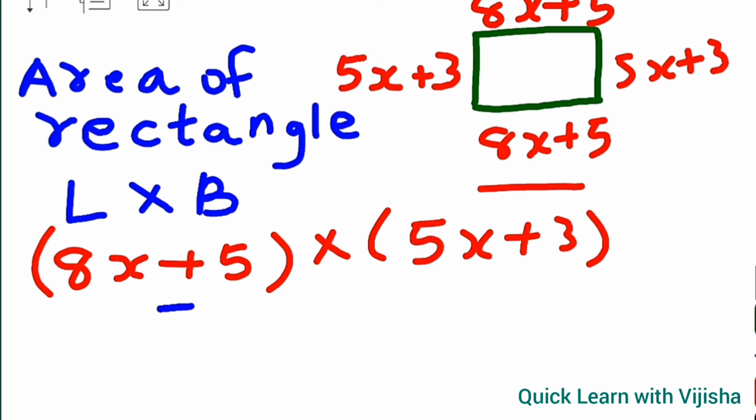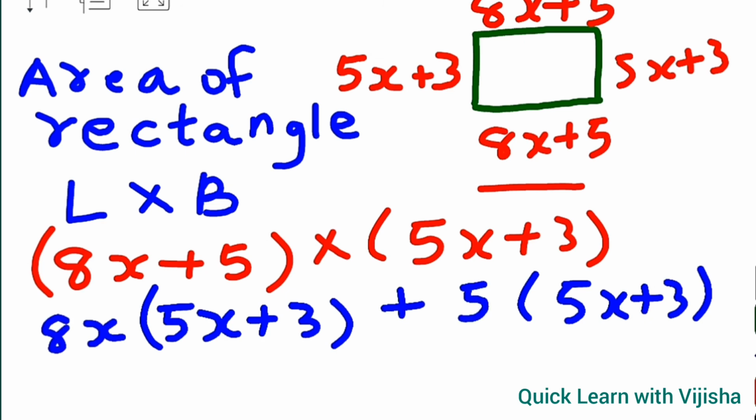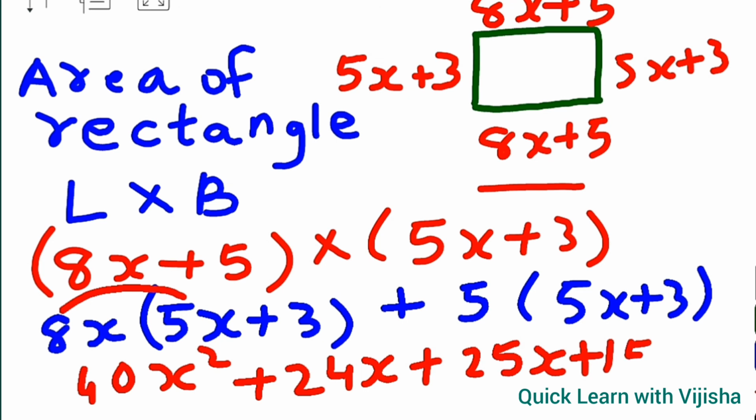I am writing the second polynomial 2 times and the first polynomial, that is 8x plus 5. We have separated those terms. Understanding, children? We have done the previous question; in the same way we have to do this question also. So 8 5s will give you the answer as 40 and x2 are there, so it will become x square, plus 8 3s will give you the answer as 24x, plus 5 5s will give you the answer as 25x, plus 5 3s will give you the answer as 15.